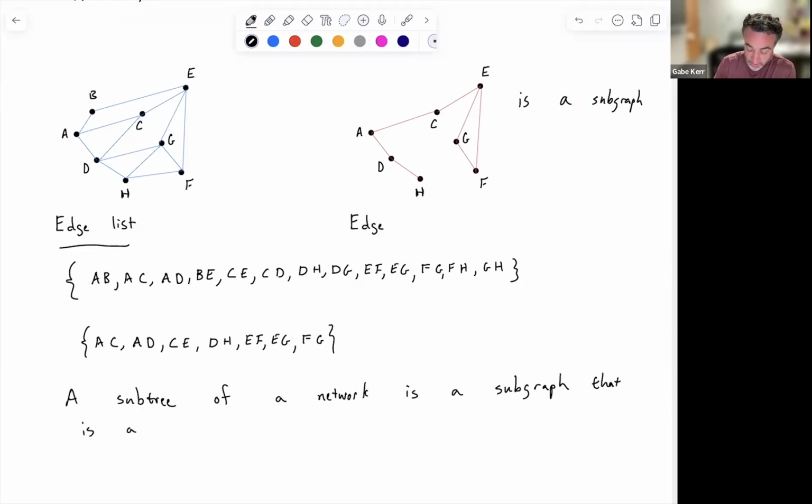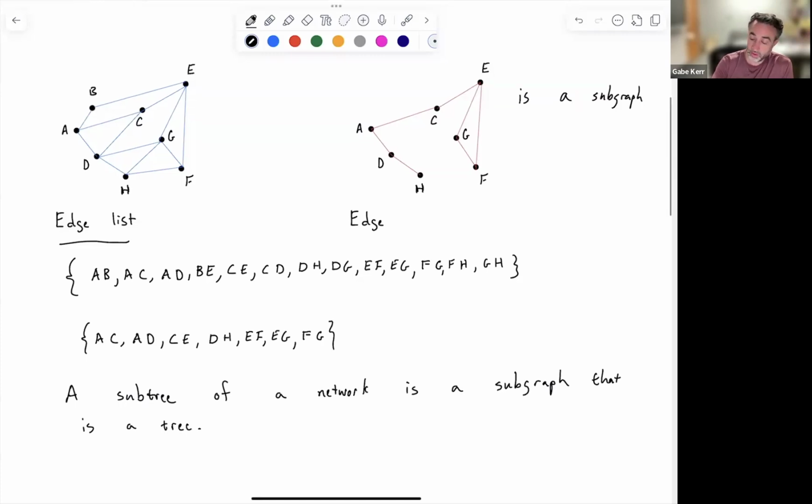So it should be connected and it should satisfy any one of the many properties that trees satisfy. So the n-1 edge condition, the all-bridge condition, and so on. So if we take a look at an example here,